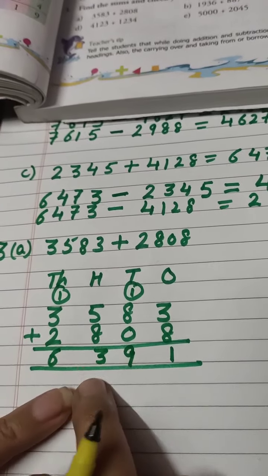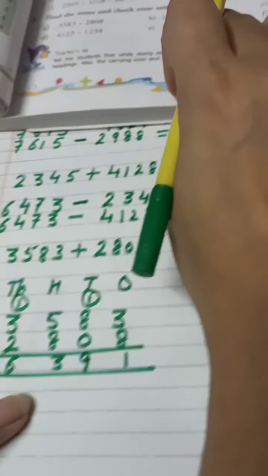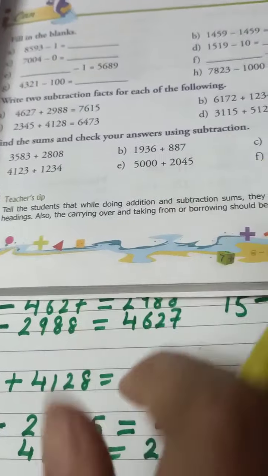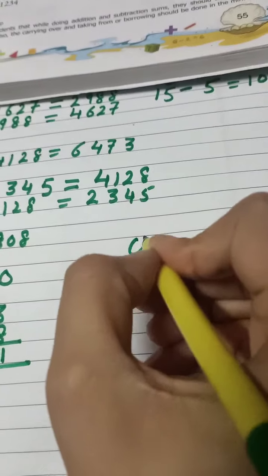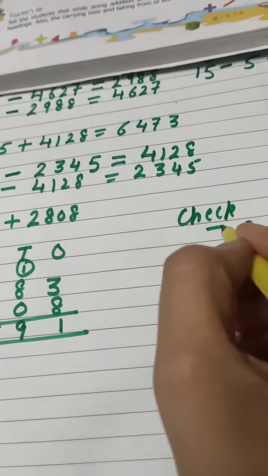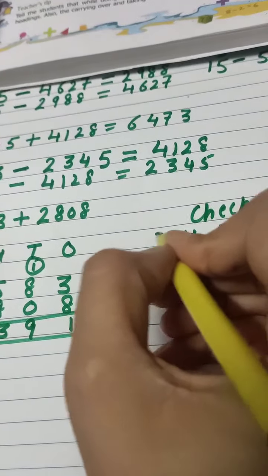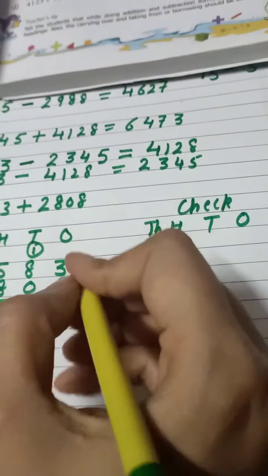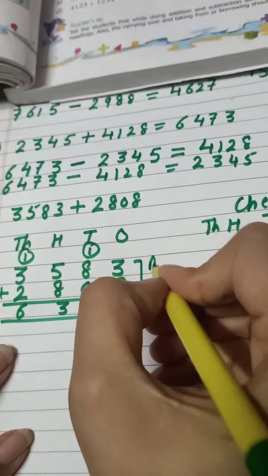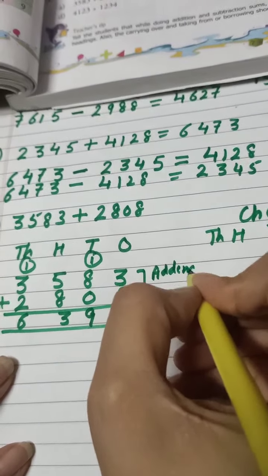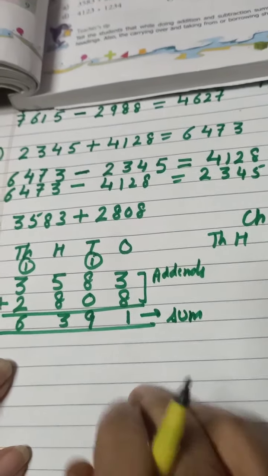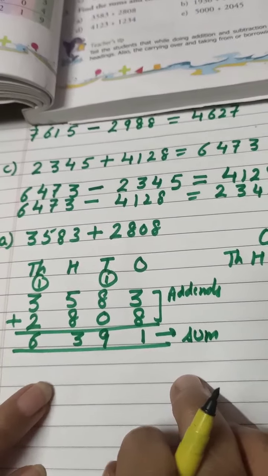Now we have to check this sum with the help of subtraction. Okay, so here we will write check. Okay, and write the places also: ones, tens, hundreds, thousands. Okay student, you know these two numbers are called, yes, addends, and this answer is called sum. You already know? Yes. For checking,